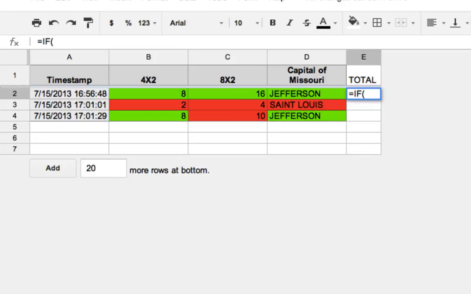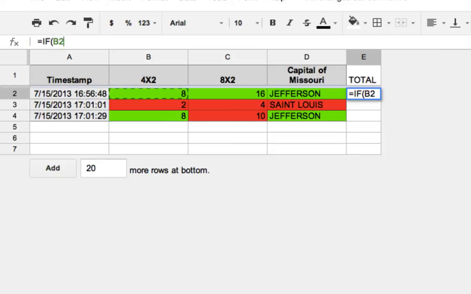It will give me the first parentheses. And here we're just going to put if this is equal to itself, because given the fact these are the right answers, we're just going to leave it like that. So we're going to put if B2 is equal to B2, then give myself a point. So we're going to put B2